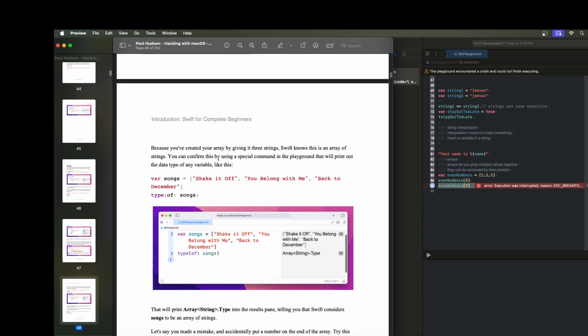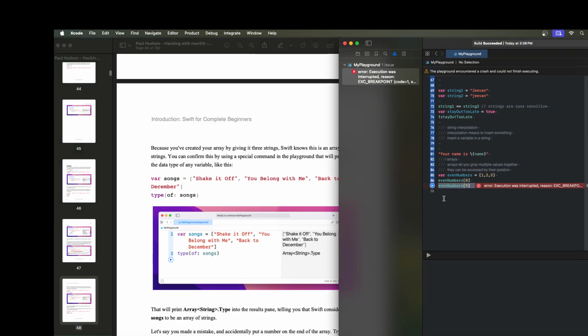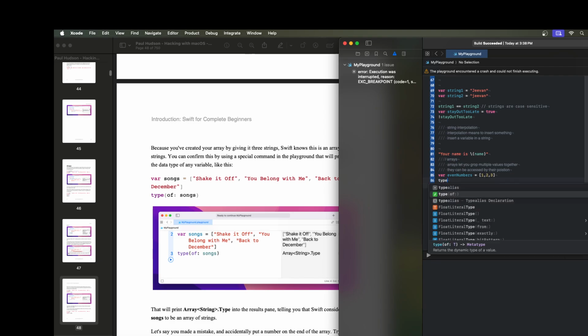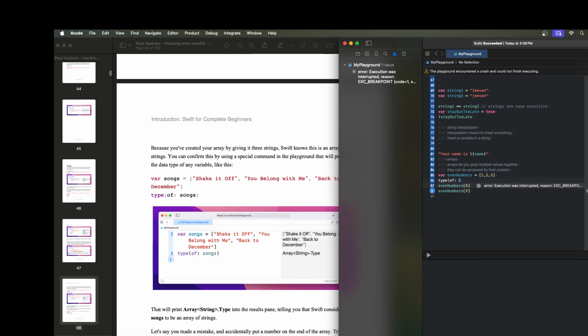Okay, now because you have created an array by giving it integers, and we have already mentioned that this is an integer, this will be an array of integer. What if we want to do something like this? Okay, so now there is something called type(of:). The type(of:) returns the dynamic type of a value. So let's do this. Suppose if I do evenNumbers,